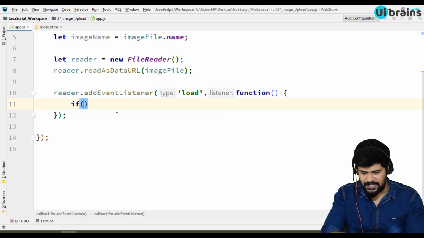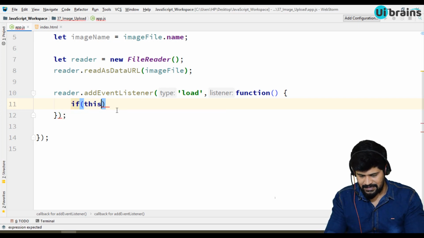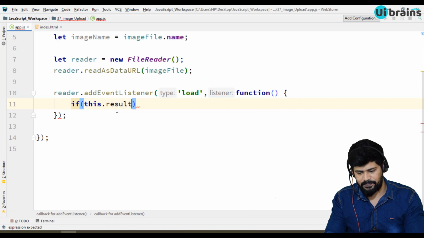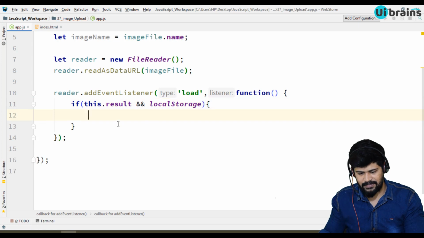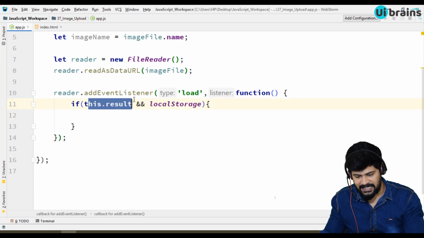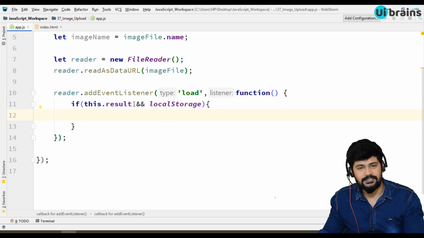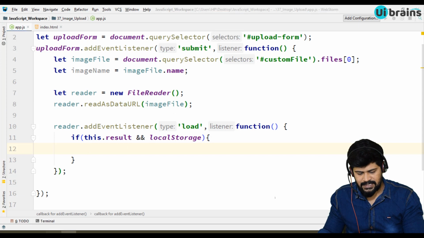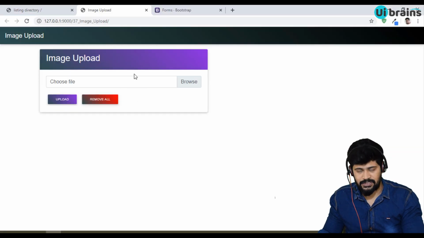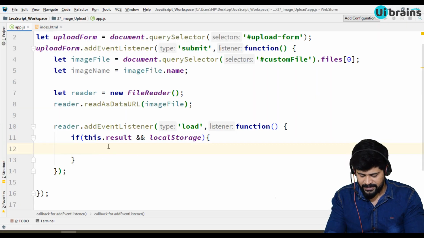So you can check the condition. If you say this.result, this result is actually the file content. This represents the reader object. And if local storage is available and the file also has some contents, then you can store it to the local storage. Before I add to local storage, because I add multiple images to local storage, I check